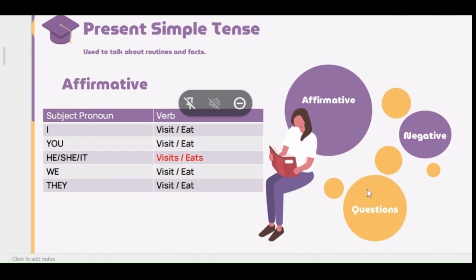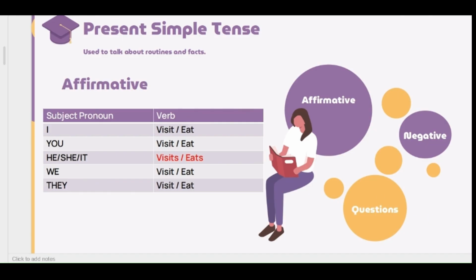So the same thing, we're going to review the present simple tense quickly as well. We already know the subject pronouns. Let's check the rules for the verbs. Remember that the verbs in the present tense in English don't change for I, you, we, and they. They only change for he, she, it, which we can also refer to as the third person. So for the verbs ending in consonants, we add s. For example, eats or visits. But for all the other pronouns, the verb is the same.